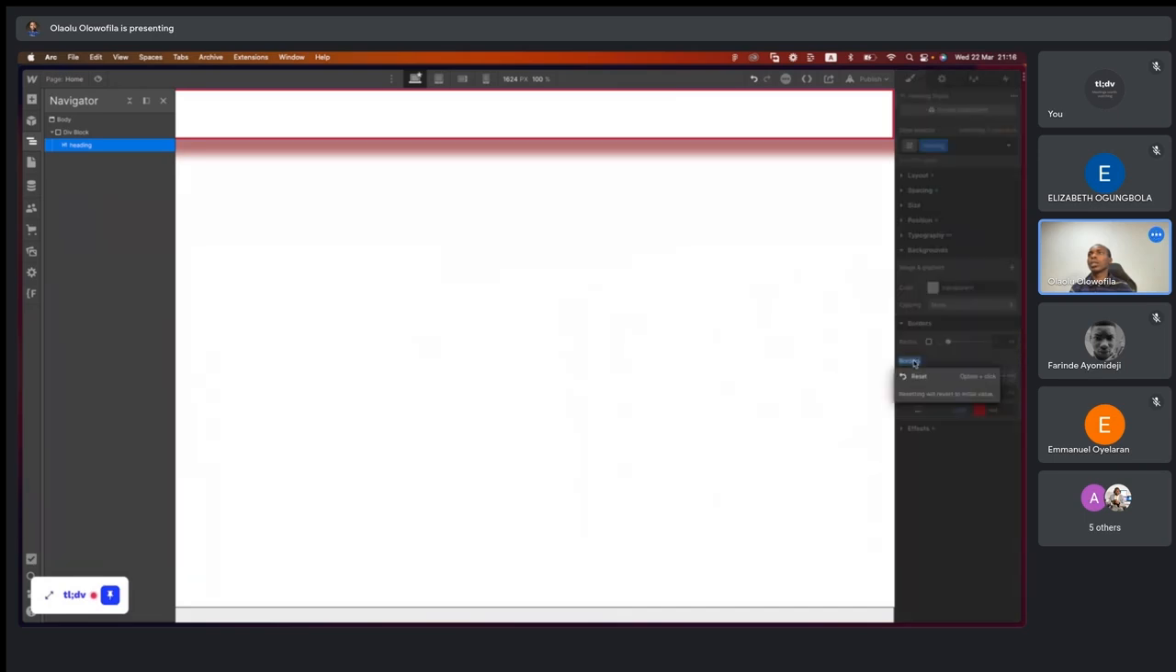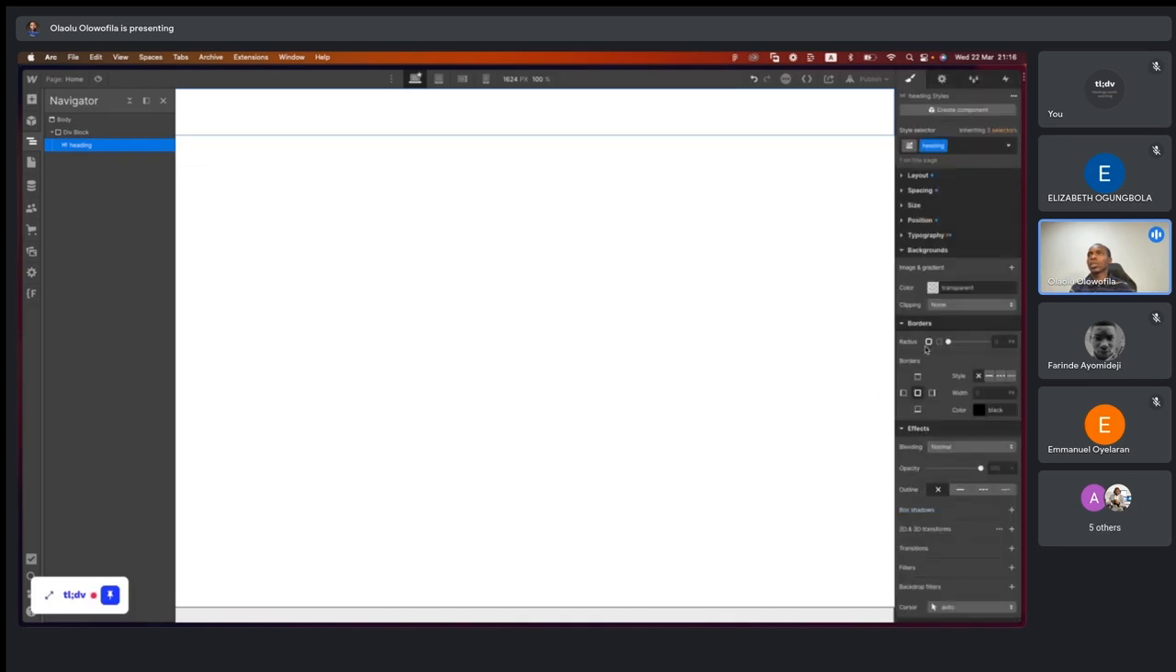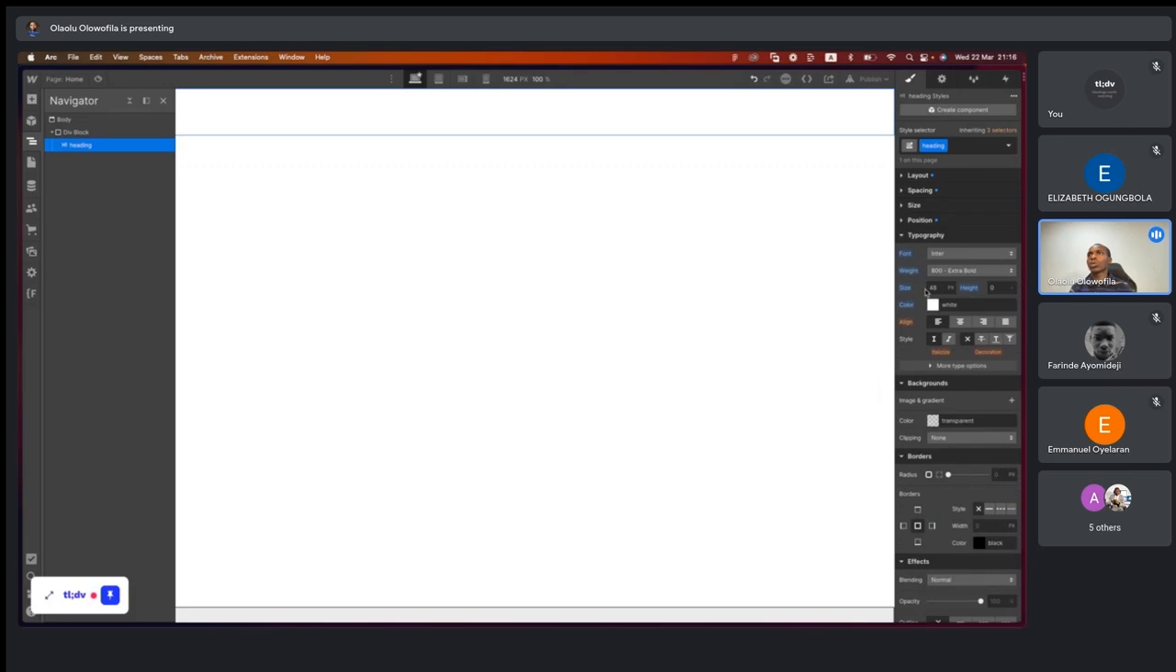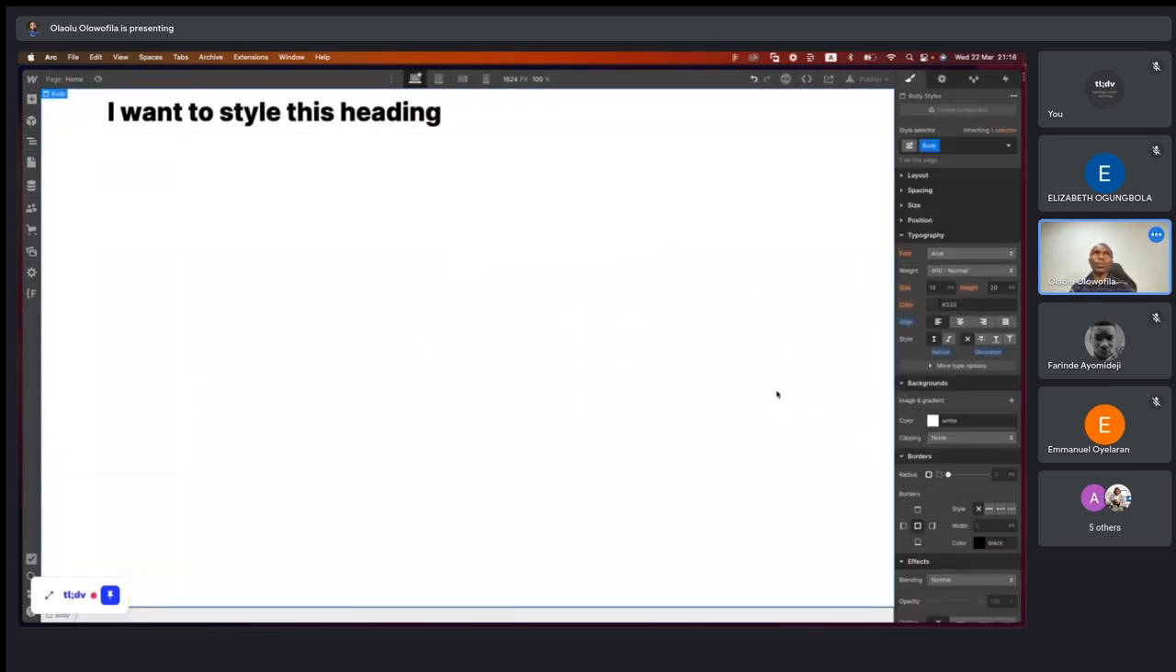And the border. So you can just click on it to reset whatever settings you have done and you don't want. You can just click to reset it. So let me change the typographic color back to black so that you can see. Now,